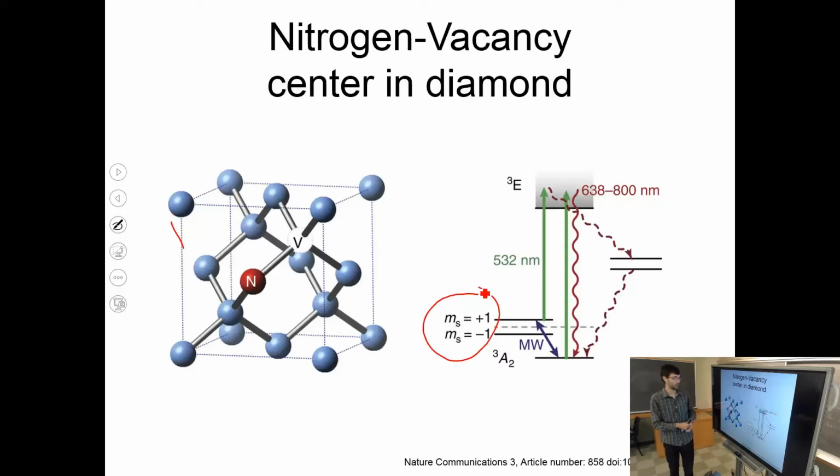For this research, people request diamonds with certain impurities. They're called color centers because they all give color to diamonds. So they ask, give me this yellowish diamond, and it's going to have a high concentration of these. And then they find one of them with a laser and interrogate it to study the spin states of one of these things.